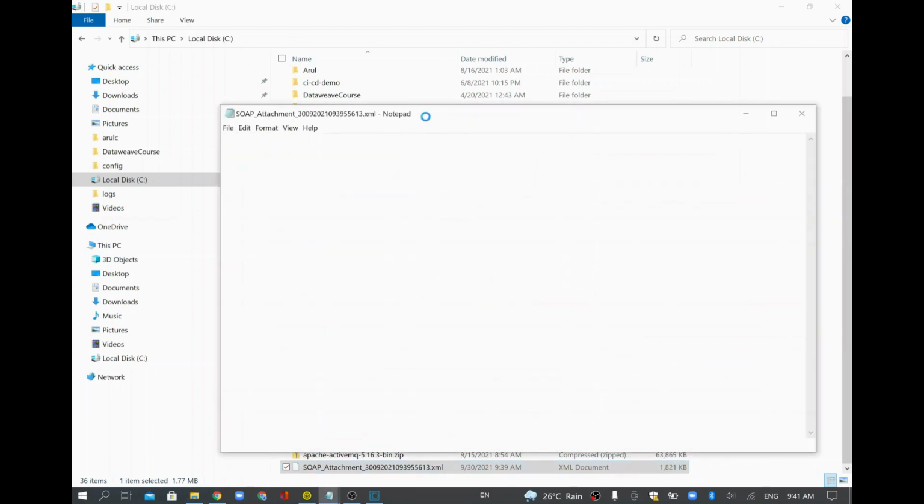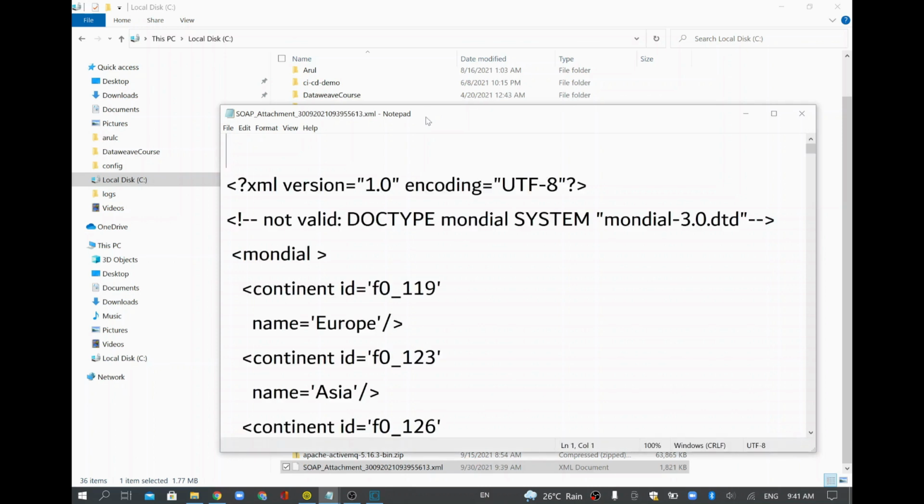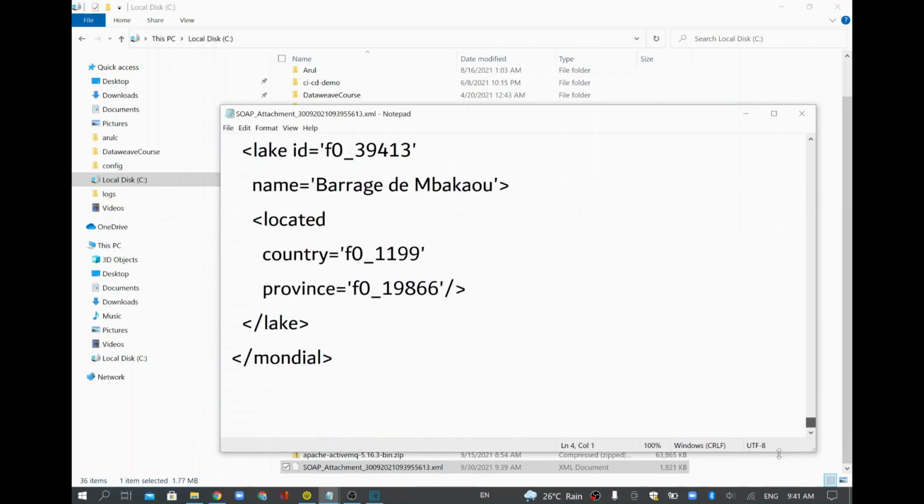This is the data which I processed and stored in my system. This is the data which we received over MTOM streaming, and we received it chunk by chunk. First I wrote one chunk, then when the next chunk came I appended it to the same file, and so on. So all the chunks have been written. This is a root tag and it has many records, and finally you have a last record. The root tag is getting closed, and the last record has a value of 39413.